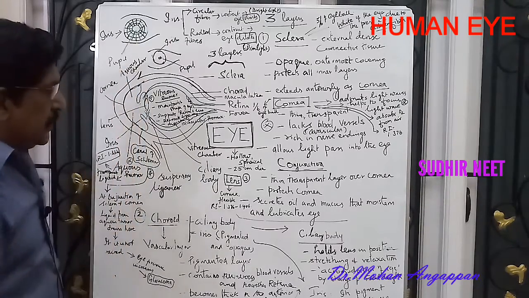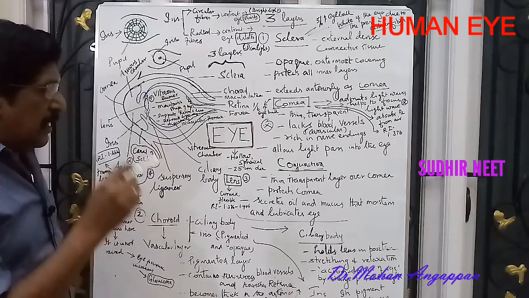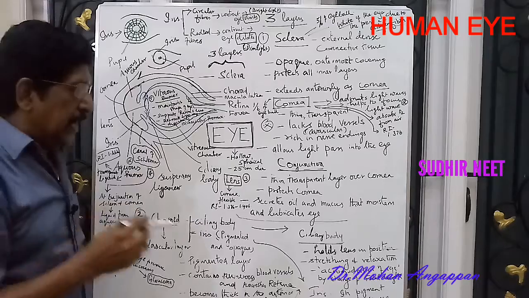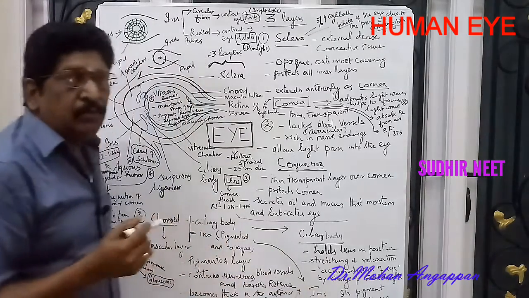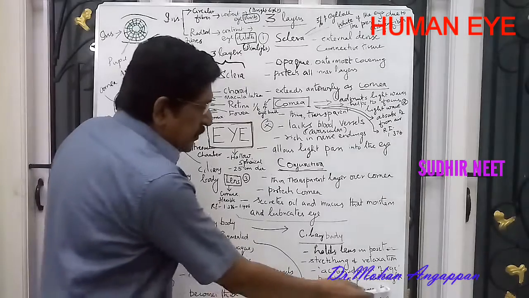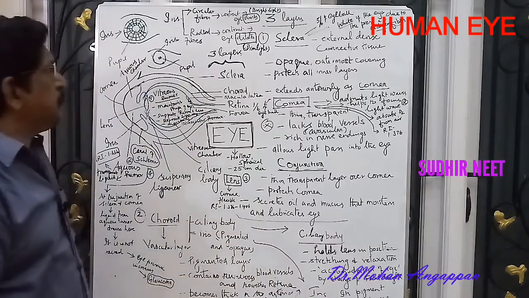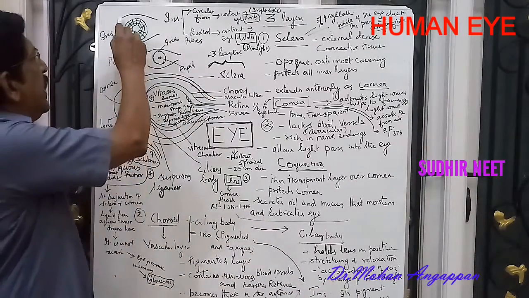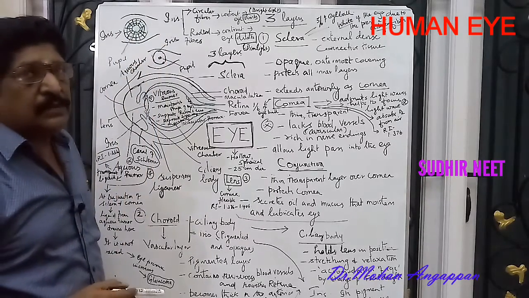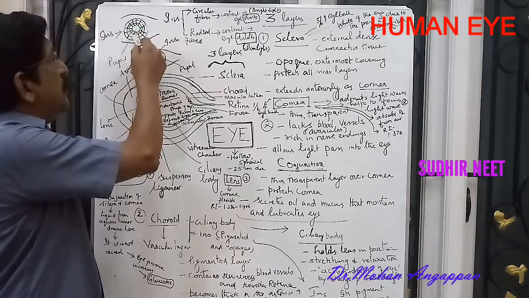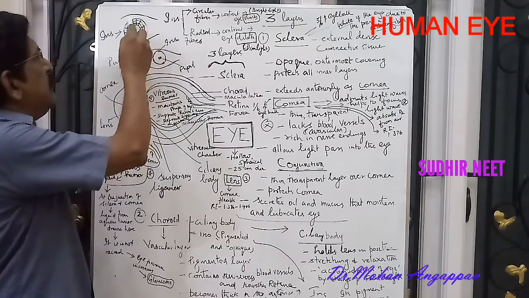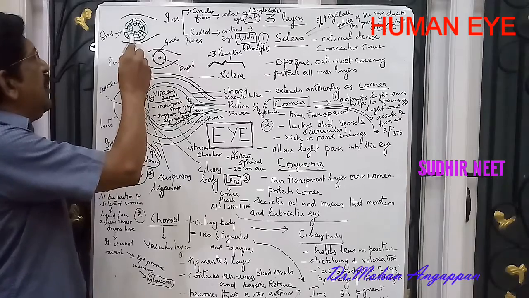See, this iris is a pigmented layer and it contains specific pigments and gives specific color to the eye, blue or green or black. That is due to the color of the pigment of the iris. And then if you take the iris, it is made up of two types of fibers, circular fibers and radial fibers. You can see the diagram. It is the circular fibers. This is the radial fibers.